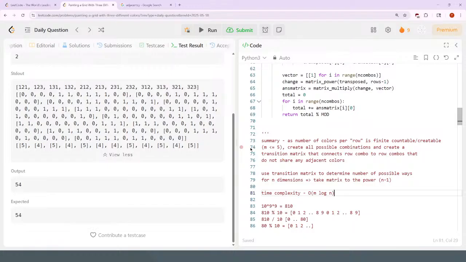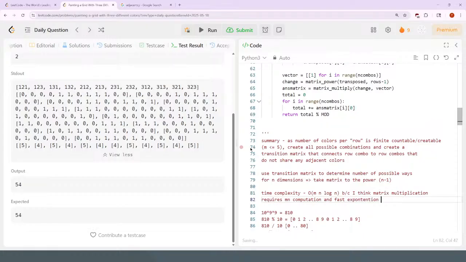When you multiply two matrices, I think it's probably like m n log n, because I think matrix multiplication requires m by n computation, and fast exponentiation... what is the matrix multiplication actually? You're multiplying two square matrices that have the size of 3 times 2 to the power of m. Oh, okay, so this might be totally off, but